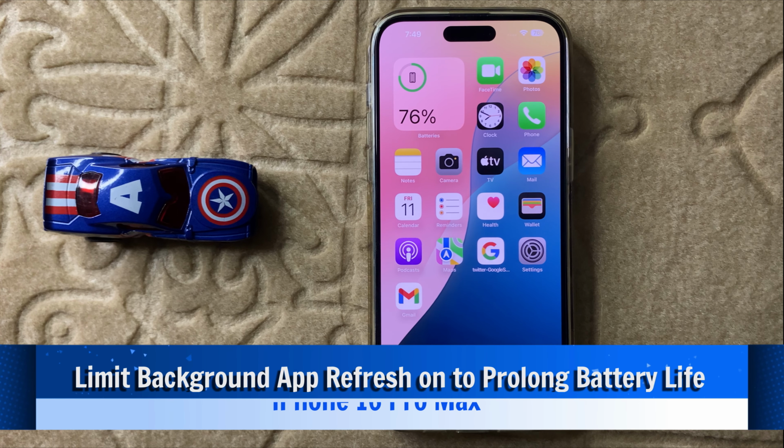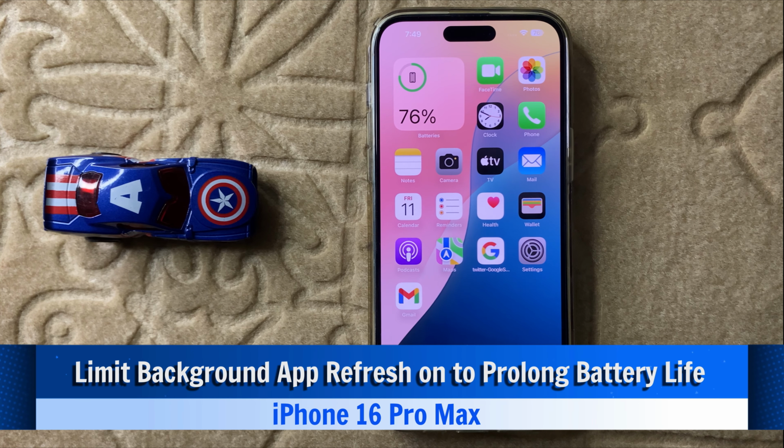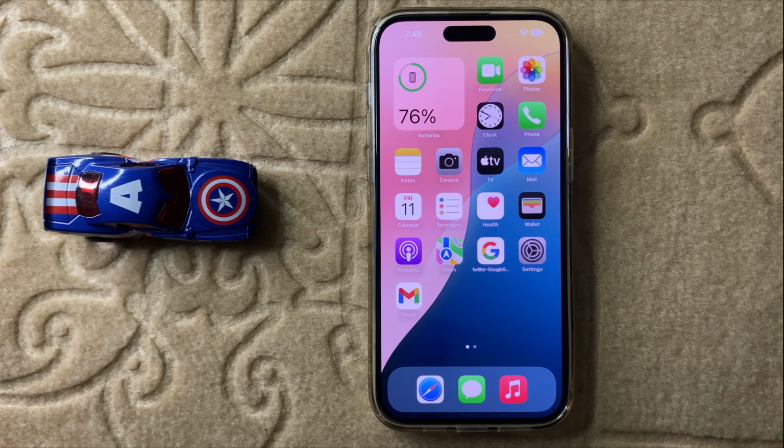Hello everyone, today in this video I will show you how to fix limit background app refresh in iPhone 16